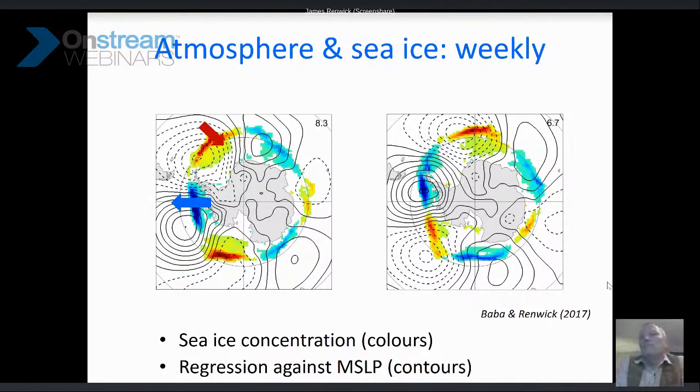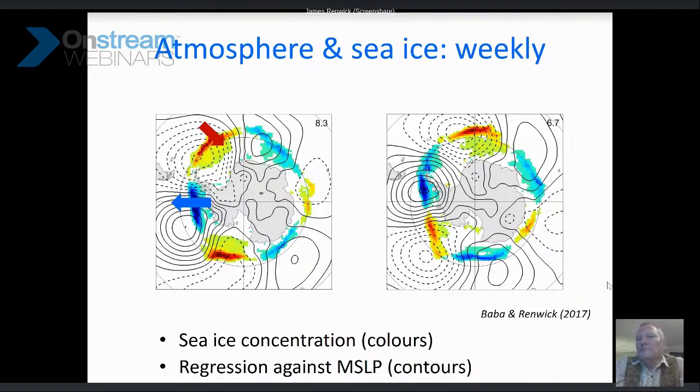from the continent, so you can generate more sea ice through Polynya action, or just generally from the ice thinning near the coast, so it can grow more and grow further equatorwards, and on the regions where the flows towards the coast, the ice is being shoved up against the coast and shoved away from the open ocean, so you get a decrease there. So that's one part of the story, and then the other main part is just the